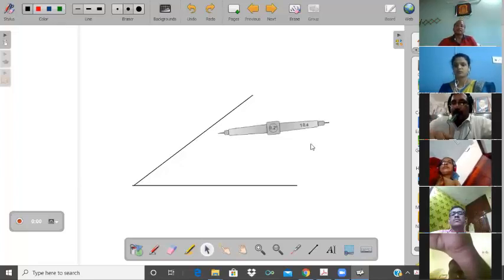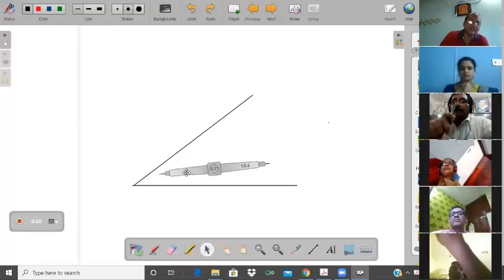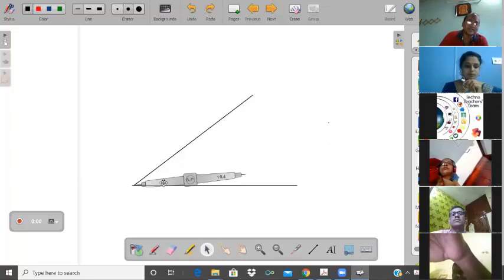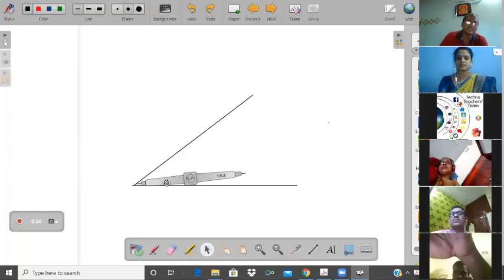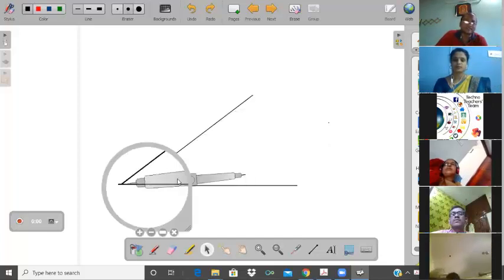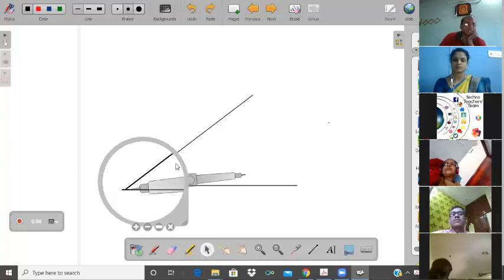So how to use this compass? Have you seen clearly? Now I am going to put it in this place. For example, I put this one. I have a doubt. My student asked, sir, you have not put the compass in the correct place. Now I check with this magnifier. This is the magnifier.